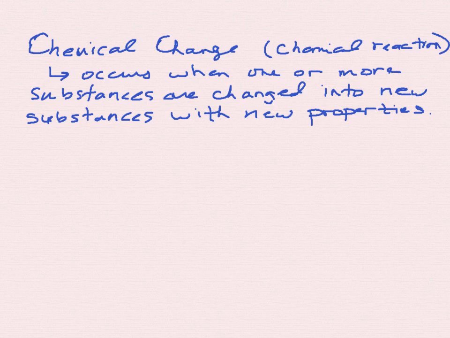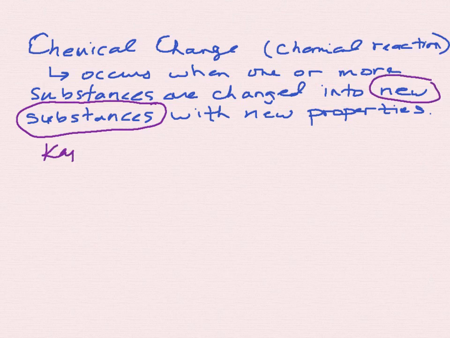By definition, a chemical change is going to occur when one or more substances are changed into new substances. You should really get that into your head: new substances with new properties. So things are going to get very, very different as a result of a chemical change. Some keywords that will indicate this: